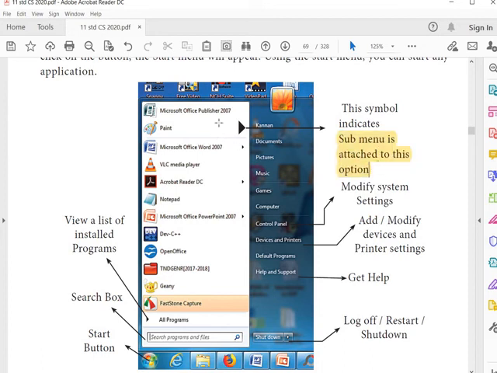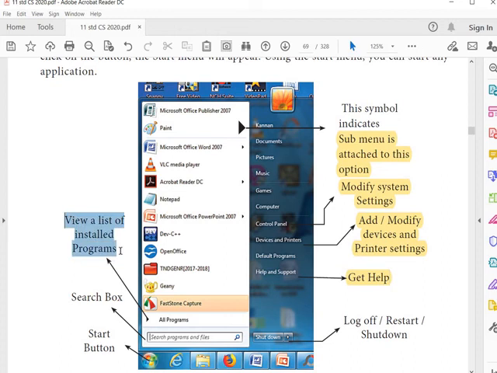Frequently used items will appear on the top. And this control panel is to modify the system settings. Then devices and printers, to add and modify devices and printer settings. Get help: if you're having any doubt, we can use this option and read the suggestions given. Sometimes we can get help online also.